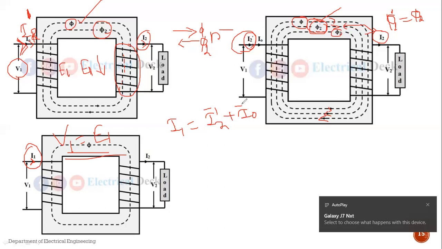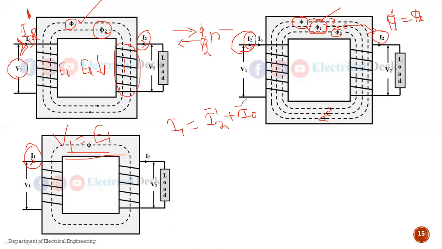Supply कडून घेतलेला primary current जो असेल, so this primary current taken from the supply, it is nothing but I1 is equals to I2 dash plus I0. Okay, बघा लक्षात घ्या. पहिल्यांदा नो लोडचा फ्लक्स फाय सेटअप होतोय. आपण नो लोड मध्ये बघितलं. So this no load current, it is the vector sum of two components,